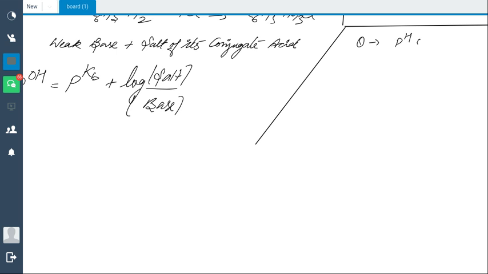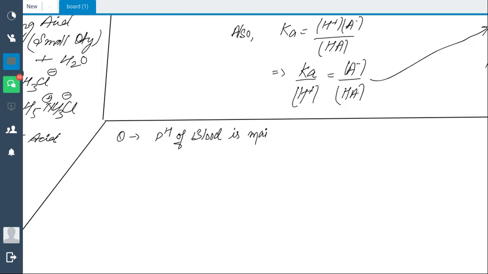It says the pH of blood is maintained by a mixture of H2CO3 and NaHCO3. Okay. Now he is asking